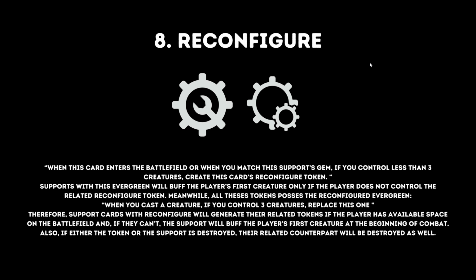Supports with this evergreen will buff this player's first creature only if the player does not control the related reconfigure token. So, if the token that corresponds to this reconfigure card is not on the board, it will buff the player's first creature. Meanwhile, all these tokens possess the reconfigured evergreen. When you cast a creature, if you control 3 creatures, replace this one. So, when you replace that creature